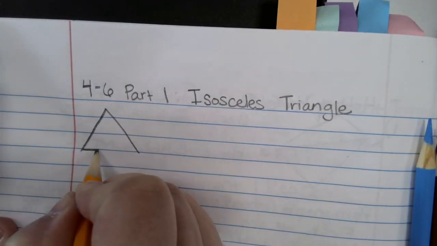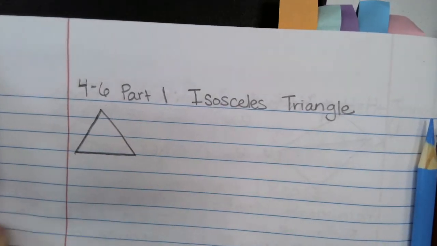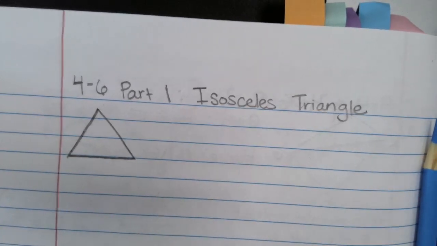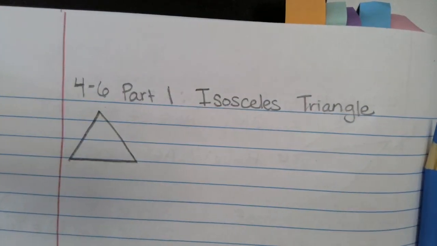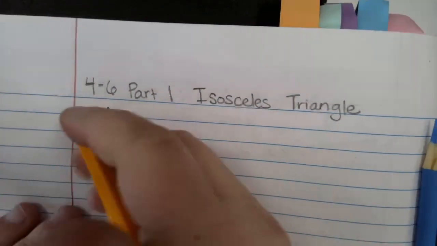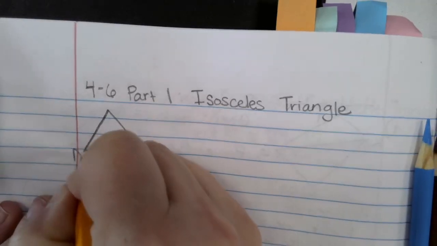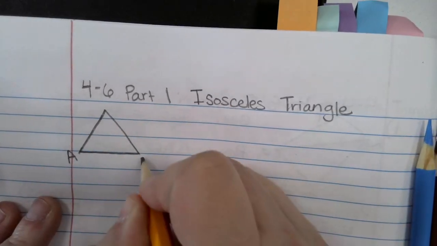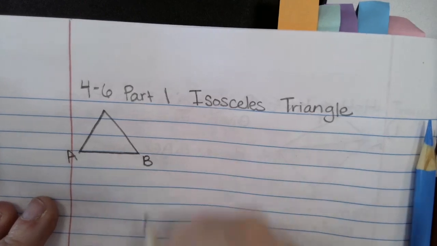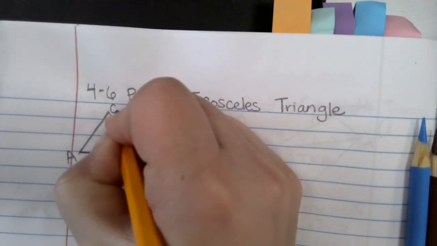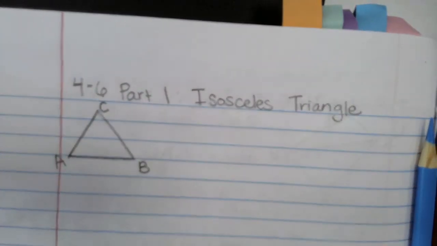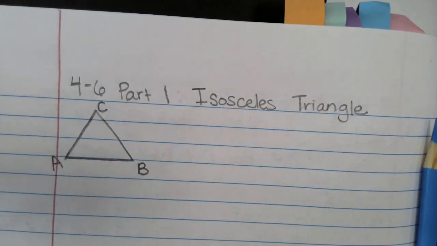And if they don't look the same, that's okay, because in math, in geometry, we have these special symbols that show that they are the same. Okay, I'm going to call this triangle A, and then B I'm going to put on the bottom with A, and C kind of at that top. So your triangle ABC,